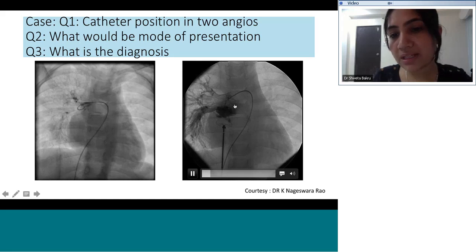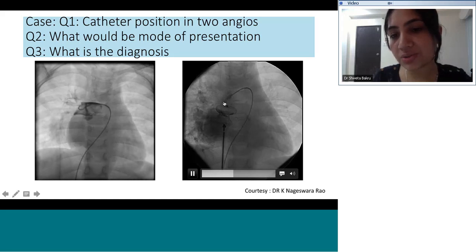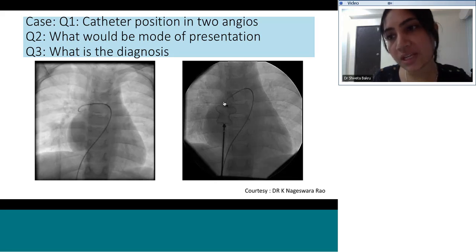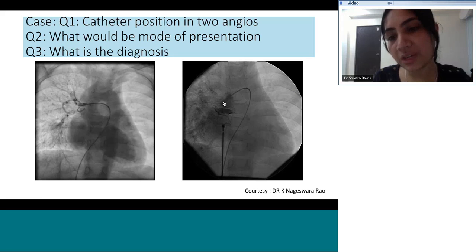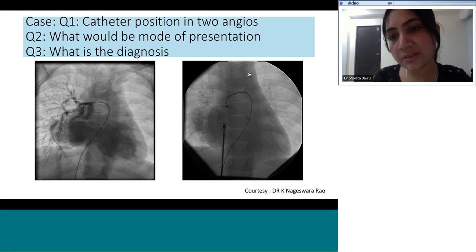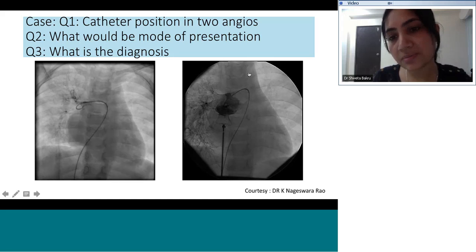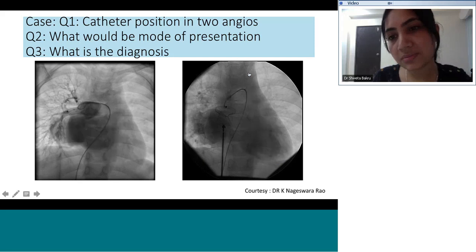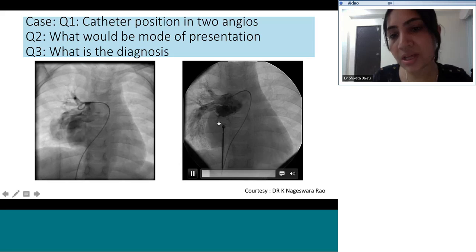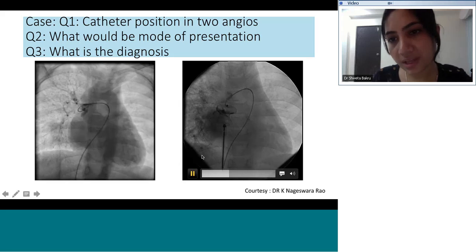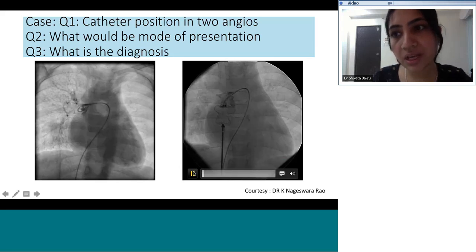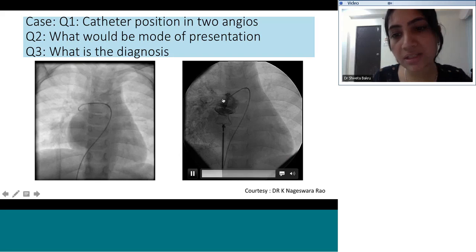So why has this angio been given? What is the importance of this angio? Most of the time we give an LV angio for VSD after VSD device closure. Why do we give that? Like any other angio, you explain. One is obviously to confirm that there are no residuals, but also that there is no right pulmonary obstruction.